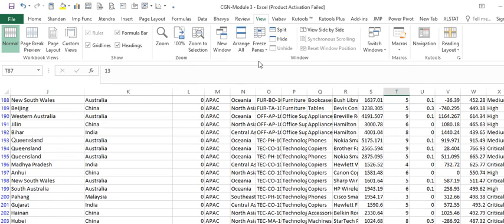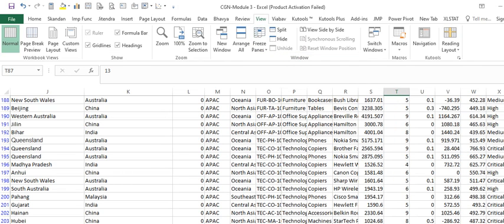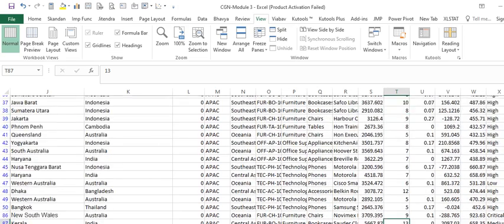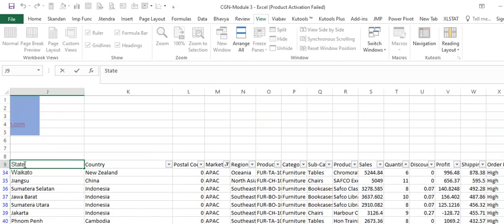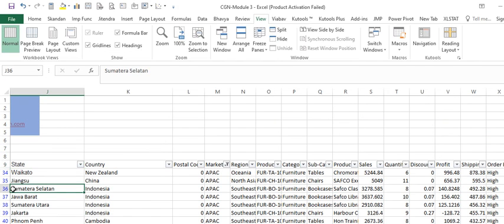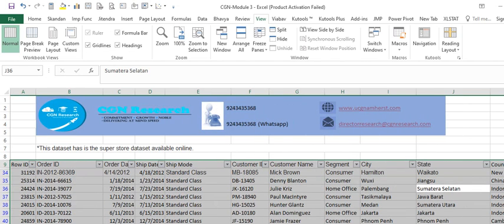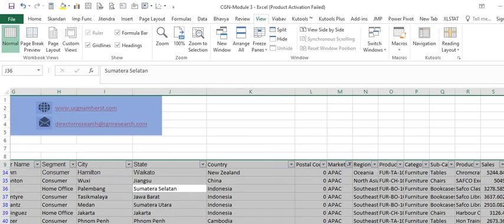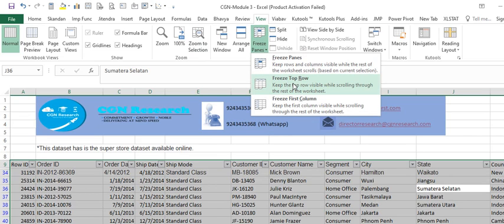One minute, let me unfreeze this because now it has selected the whole data. Now let me say that I want to freeze the top row, or the first column, or the first top row.